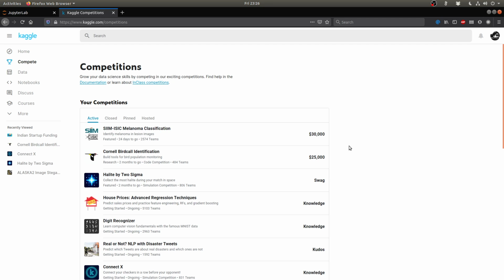And whoever is the winner gets a little prize from the organizers and from Kaggle, and the organizers get the algorithm and the winner gets the money. So that's basically how this works. It's also a way of crowdsourcing solutions. And by the way, this is a very well-known data science platform.